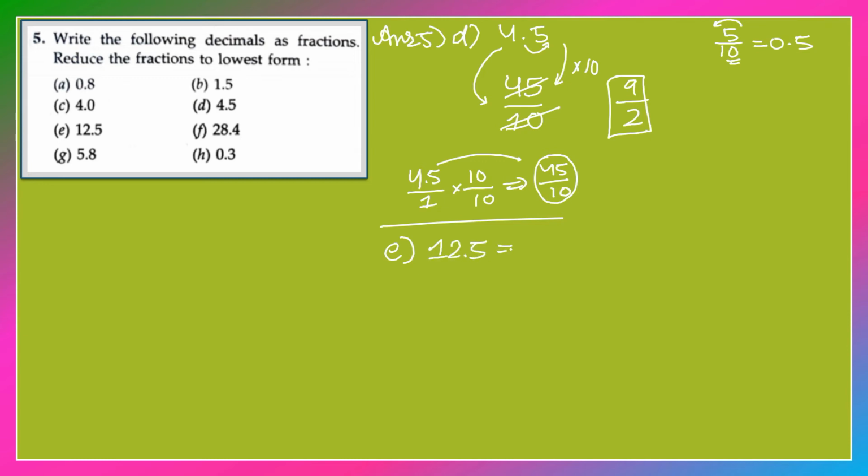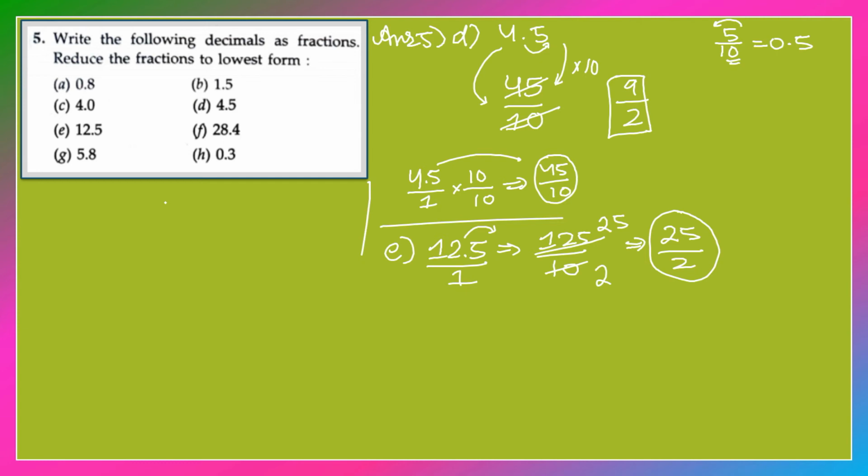Now for the next part, that is the E part, we have 12.5. If I write it as 12.5 upon 1, I can multiply the numerator and denominator by 10. So it will become 125 upon 10. Like by dividing, we shift the decimal point to the left direction. By multiplication, we shift the decimal point to the right direction. So it is the logic here. Now 125 upon 10, if I cut the factor of 5, I get 2 below and 25 above, and this becomes 25 upon 2. Very easy question. So the E part is also solved.